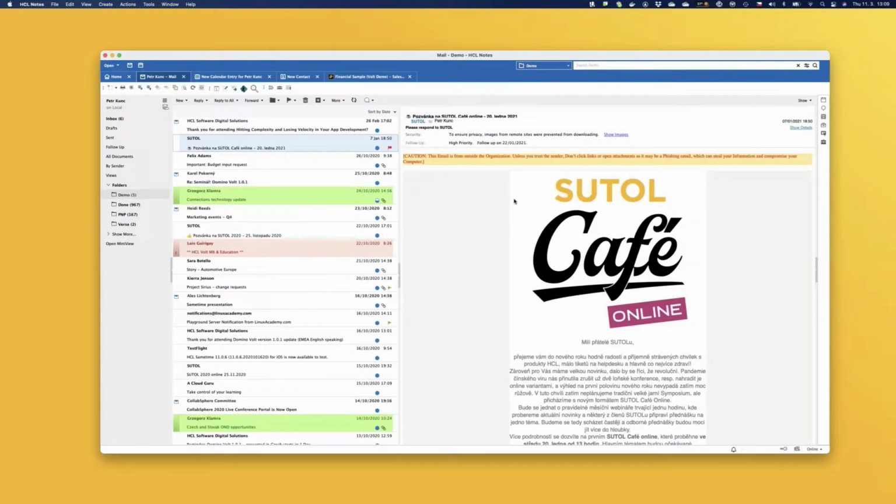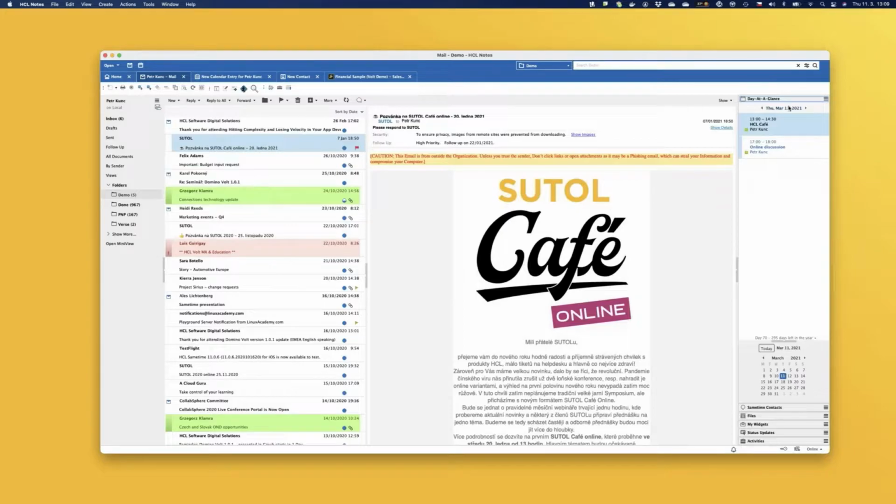What you maybe know or maybe do not know, Notes are not only a client for messaging and applications like we see right now, but it's an extensible platform that allows you to show something on the right side. We can start in this right sidebar with overview of today's agenda in calendar, but as well as integrate with